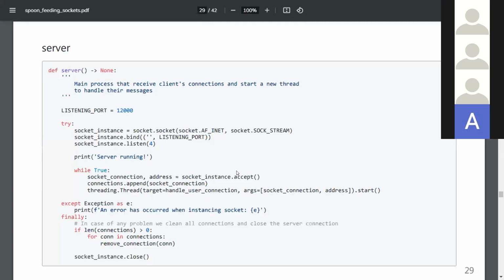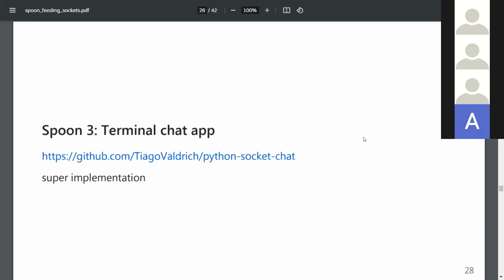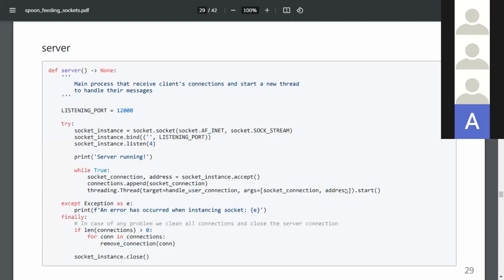So this project that I put its link here, he implemented it cleanly, but I don't know if he's the original author, because more or less you will see the same code over the internet. So you don't really know who copied from whom, but for demonstration purposes, this was a nice piece of code.